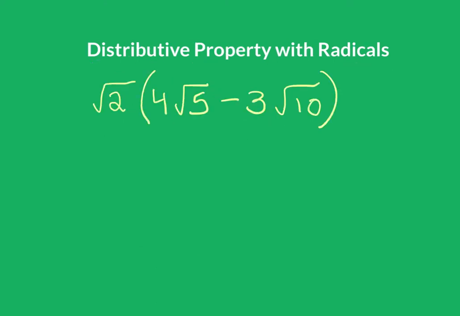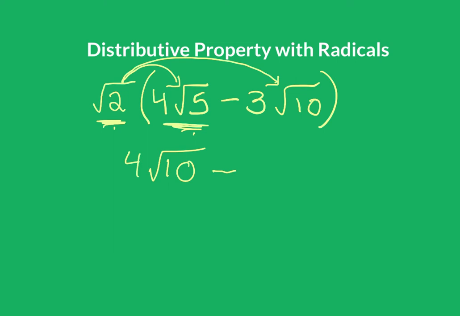All right, here is our second example. Square root of 2 times 4 square root of 5. And then we'll do square root of 2 times 3 square root of 10. All right, so for the first one, square root of 2 times 4 square root of 5. So the 4 on the outside will just stay 4 on the outside, and 2 times 5 is 10. So 4 square root of 10